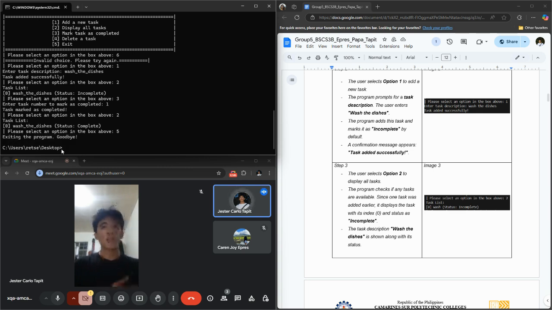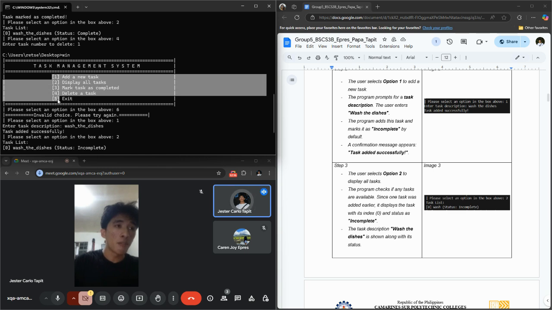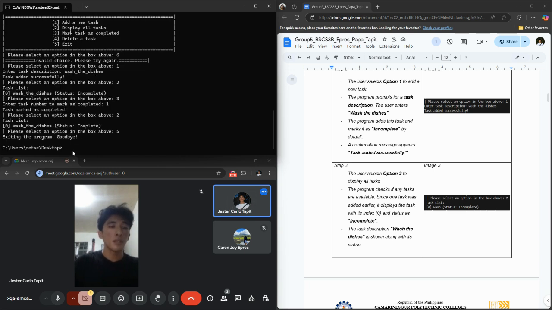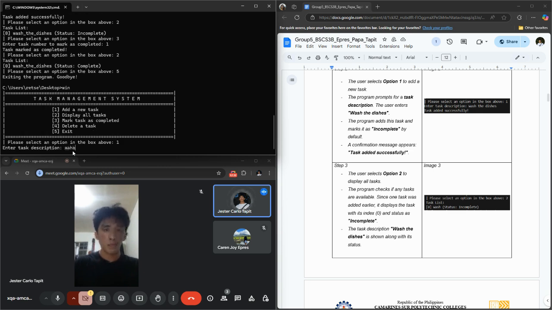But if we choose a number that doesn't exist here, or beyond 5 or 0, it should display an error. So when we have tried this one, so wash the dishes again. Dishes, so